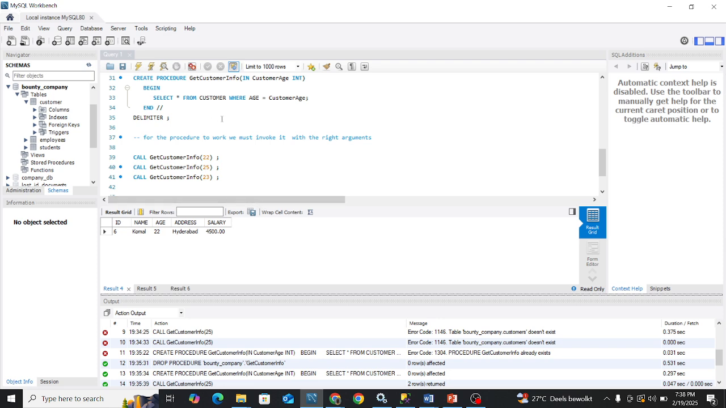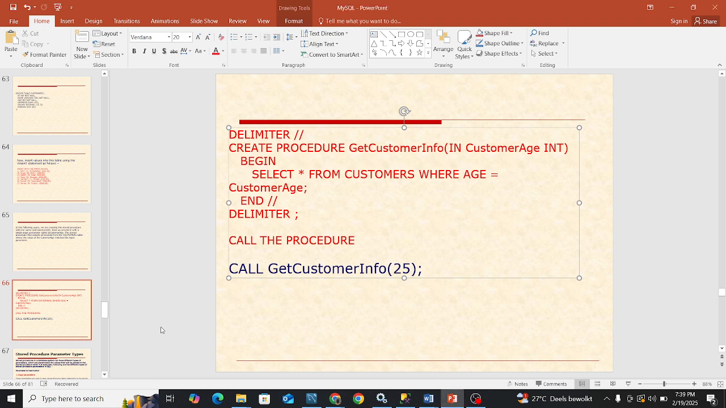So you're not limited to adding just one line of a statement here. You can add any query, provided that it will solve your issue in the procedure. So I think having said that,